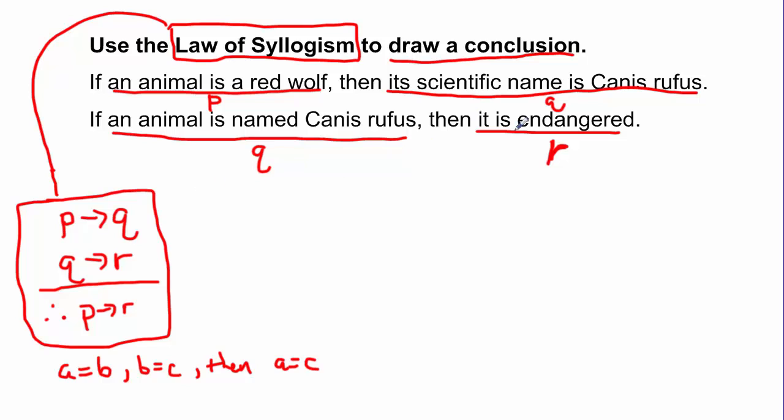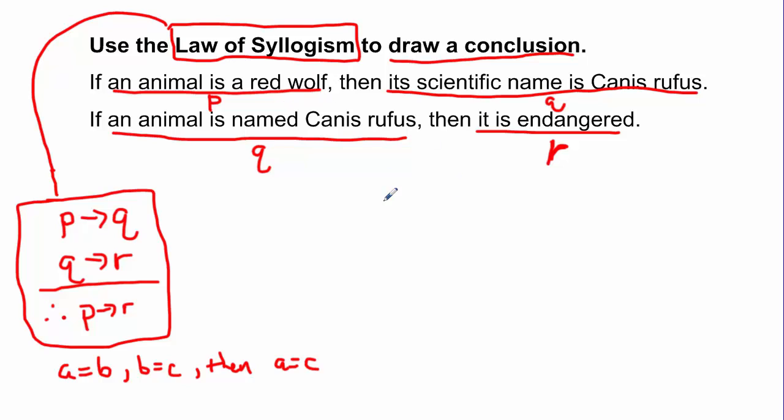Because sometimes you could have where it repeats, like you know how the Q repeated. Well, it's possible that this could have been the same thing as this one. I don't know, it could have been something like that, but it's good to go back and check everything to make sure everything's organized well. So I can see that we have P and Q, Q and R, right? There's no repeats of anything. And now